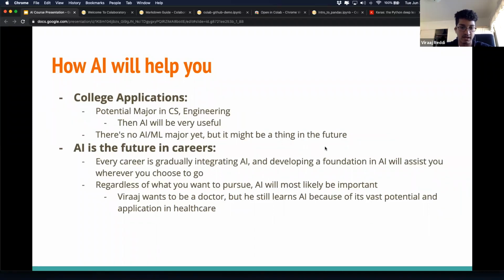For example, I'm more interested in the healthcare field, like being a doctor. But I think AI is going to be really big, so I'm learning AI now so I can use it in my future career, because whatever I do, I know I'm going to end up using AI as part of that.